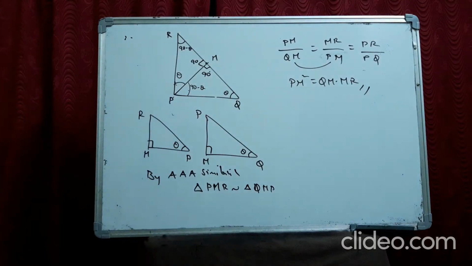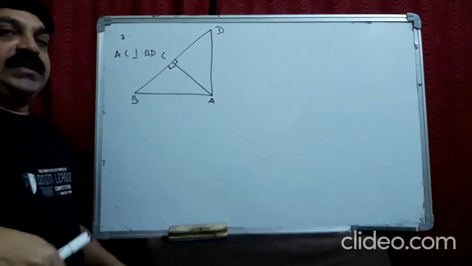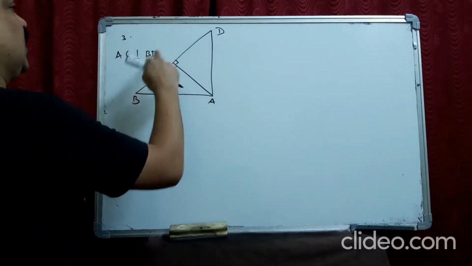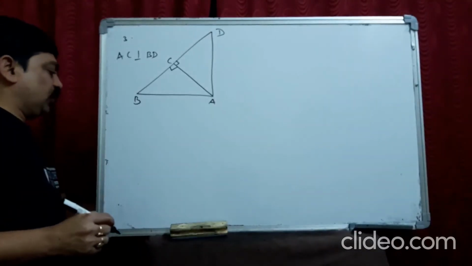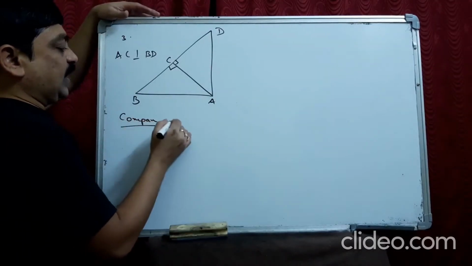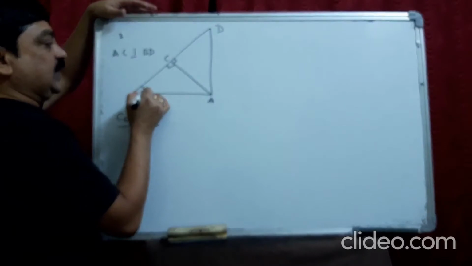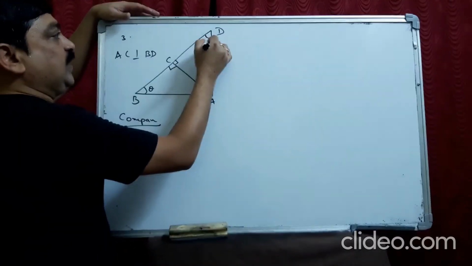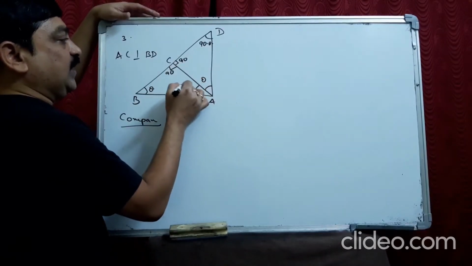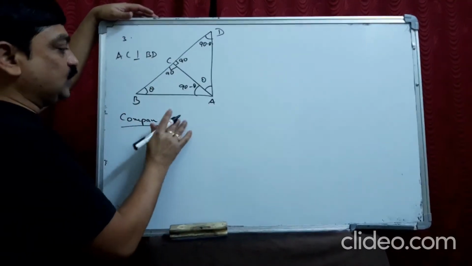That's very, very important. See in this question, the same like in Pythagoras theorem, they have given a right angle triangle and inside there is a perpendicular drawn. So you will have 3 right angle triangles on the whole. You are asked to prove 3 things, so we'll go one by one. The same thing we do. First let us write the thetas. If this is theta, this will be 90 minus theta. If this is 90 minus theta, this will be theta, and this will be again 90 minus theta. First we compare 2 small triangles. Let us compare 2 small triangles.